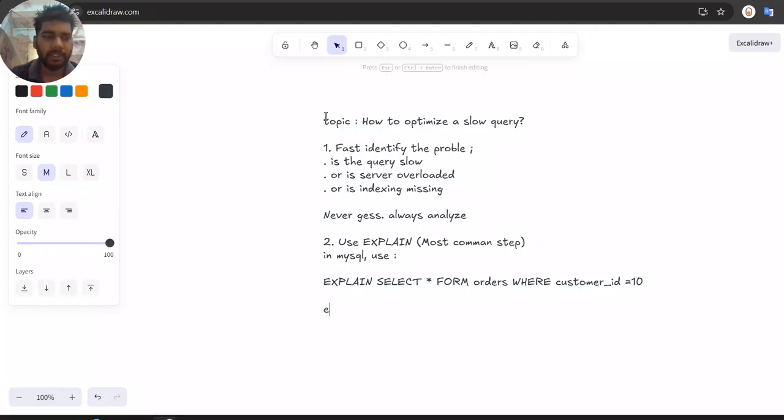So what does EXPLAIN do? It shows debugging-type info, like which index is used, and the number of rows scanned,